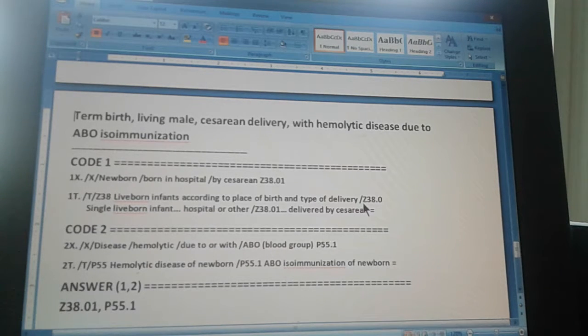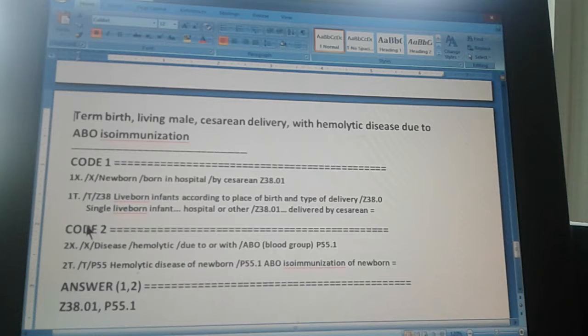Now, you add a 0 for what? For single live-born infant in a hospital. Or other birthing facility, right? And then the type of delivery is the next one: Z38.01, delivered by cesarean. So the equal sign at the end means that we have double-checked the first code. So the first code is